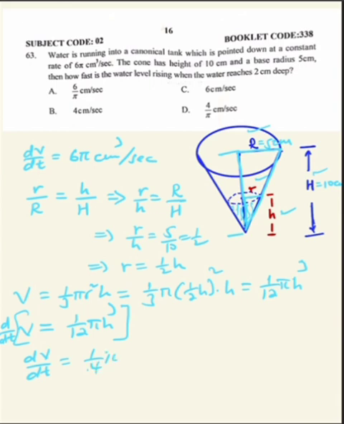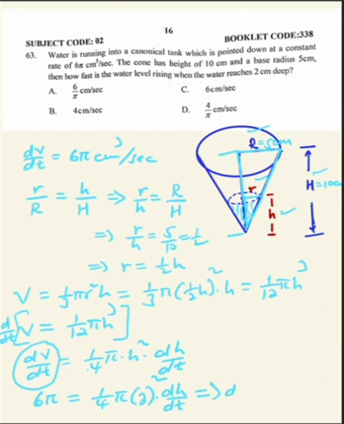1/4 times pi times h square times dh by dt ይሆናል ማለት ነው chain rule እንጠቀማለን both side derivative with respect to t ነው የወሰድኩት so dv by dt ወይንም the rate of change of the volume of the cone 6 pi centimeter cube ነው ተብለናል per second ማለት ነው this is 1/4 of pi times h2 ሲሆን የተጠየቅነው so በh ቦታ 2 እናስገባለን times dh by dt ይሆናል ማለት ነው so dh by dt is equal to pi በpi ይጠፋል ይሄ 2 square 4 ስለሚሆን 4 ይጠፋፋል so dh by dt will be 6 centimeter per second ይሆናል ማለት ነው so the rate of change of the height of the water tank ምን ይሆናል ማለት ነው 6 centimeter per second ይሆናል ማለት ነው